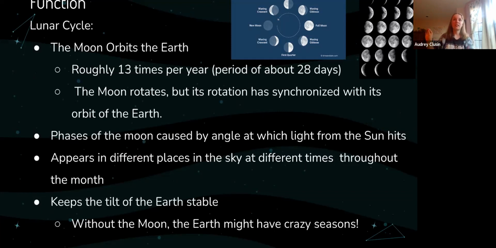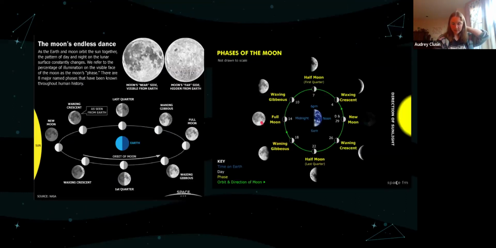But if you've ever thought about it, you don't really see a full moon in the sky ever, and that's because when a full moon is in the sky, it's because the moon is on the opposite side of the Earth to the sun. So when the Earth is facing the sun and it's daytime, the full moon is on the exact opposite side of the Earth to the sun. So you're never going to see it. But if you look really hard in the sky when there's a new moon, you can see it sometimes because the new moon is going to be on the same side of the Earth as the sun. So it's going to be out during the daytime.